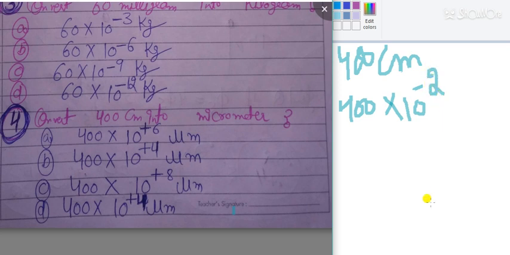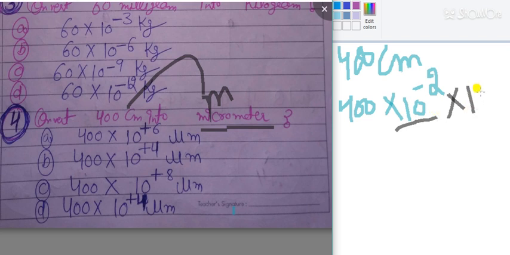After it I have to convert it into micrometer. If you say micro centimeter, then you will not need to convert centimeter into meter. I have converted centimeter into meters because here we have to get the answer in micrometer. Then micrometer, micro means 10 raised to the power minus 6, so again in the denominator 10 raised to the power minus 6,